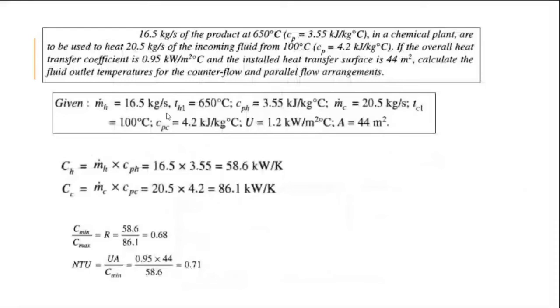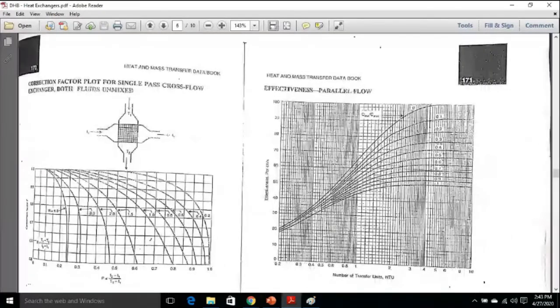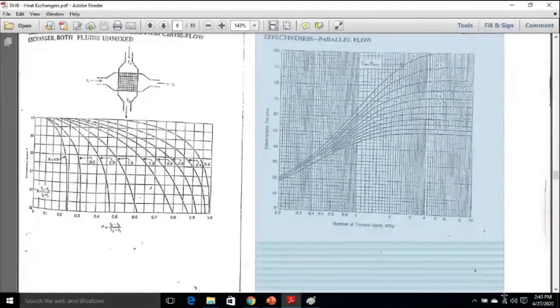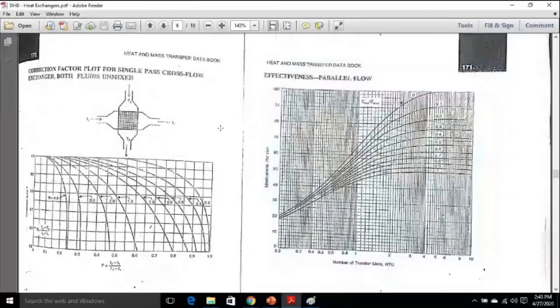Sir? Yeah. There is another chart there, sir. That is not important, sir. Just let me go back. Which chart? The chart after this effectiveness chart? Yes, sir, that one. This effectiveness chart is not important because you will be calculating effectiveness with the relation which we have derived earlier. Not the left side one, sir, this one, the cross flow one.